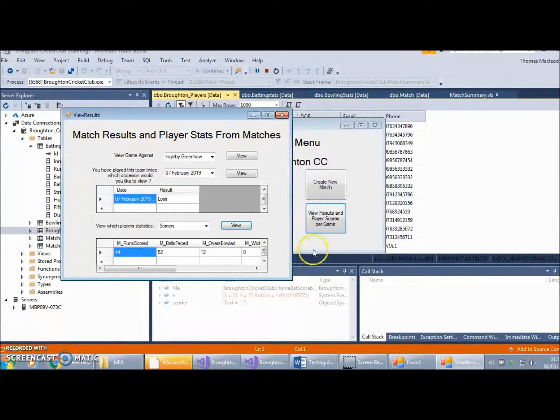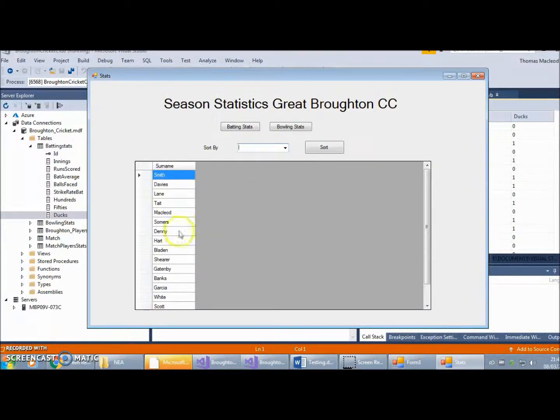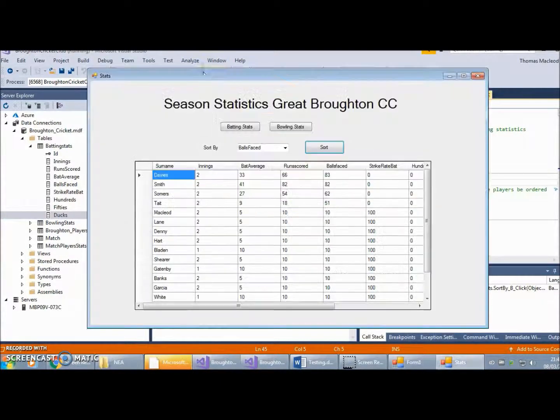This is test number 29 to test that the statistics for the season can be viewed. So this takes us to the data grid view. If we select batting stats, and then as you can see in the test data, Davies should be first when we select a sort by balls faced, as he has the highest amount of balls faced. So Davies is first with 83 balls faced, and if you look down the list, that is in descending order